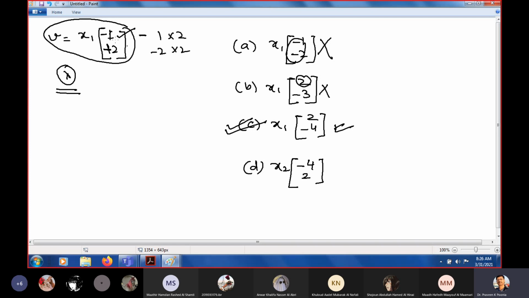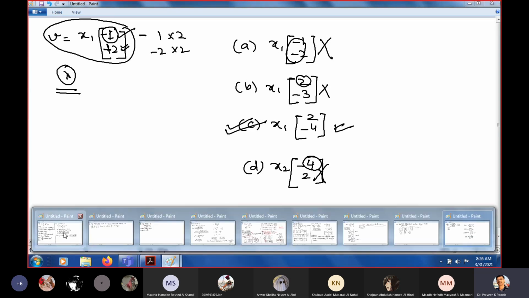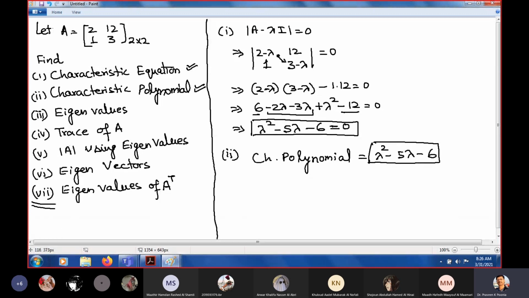And similarly, here this number is small and this is big, so this is not possible, because here this number is big. So C is the right answer. Very good. It means you understand this concept. And you will find this type of question in your midterm. I'm telling you specifically, please practice these types of questions. Okay, now we'll move to another one.